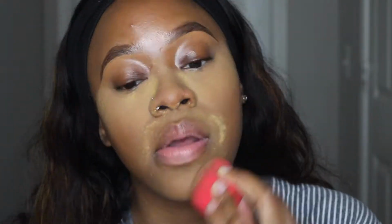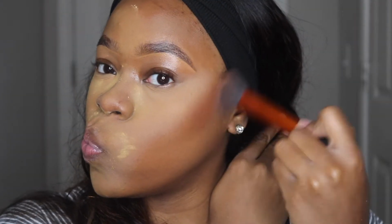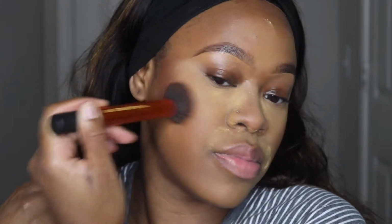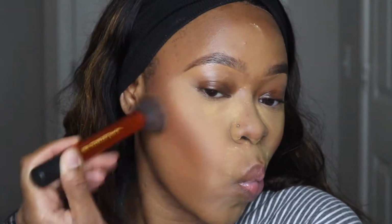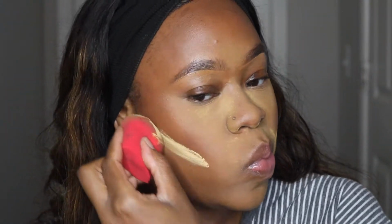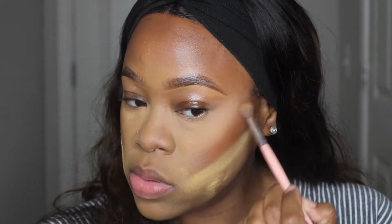And then I'm going to use my Sacha Buttercup to bring some color back to my face and just set everywhere where I put that concealer, and of course bronze my face up because it's needed. Then I'm going to clean up that bronzer as well, just making a nice sharp bronzed look. And then I'm going to dust off that powder lightly with that same fluff brush